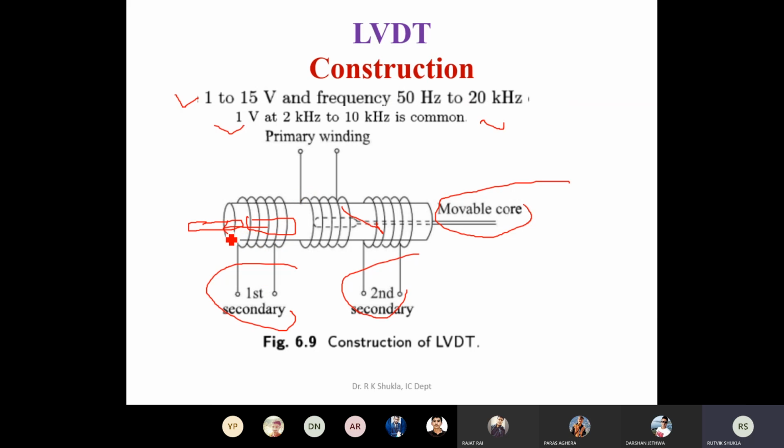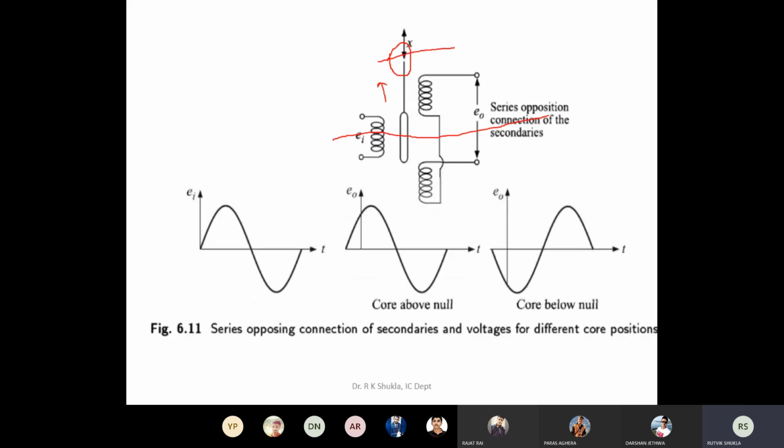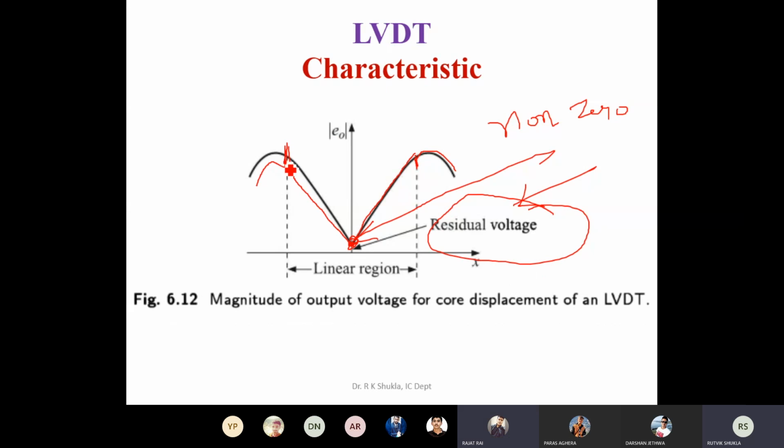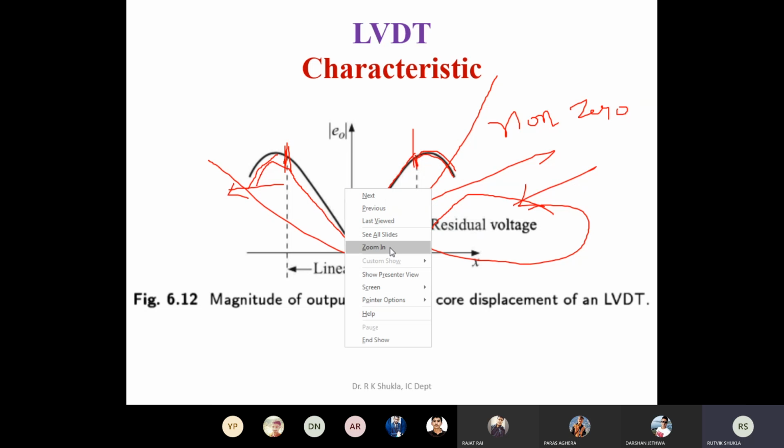So as soon as air comes in between and the core does not, magnetic conduction between the two will not happen. It means your EMF starts to reduce. So from the maximum point, if you keep taking the core away from that position, then your output starts falling. The same thing is true on both sides. Clear? So instead of the ideal characteristic where you're hoping your output should look like this, practically you are getting something like this.